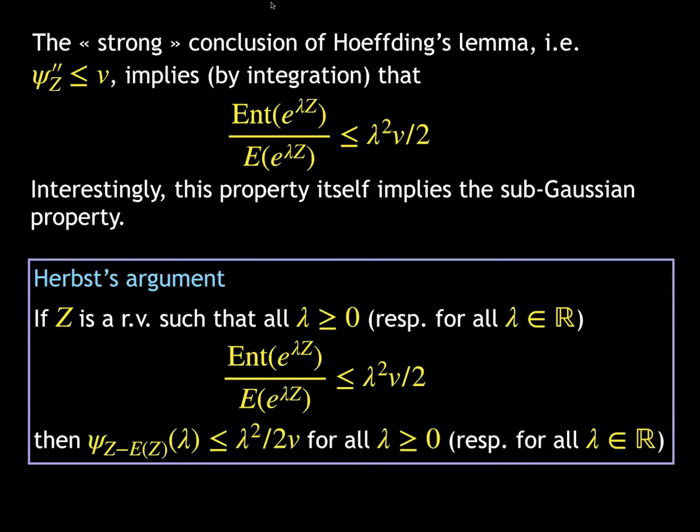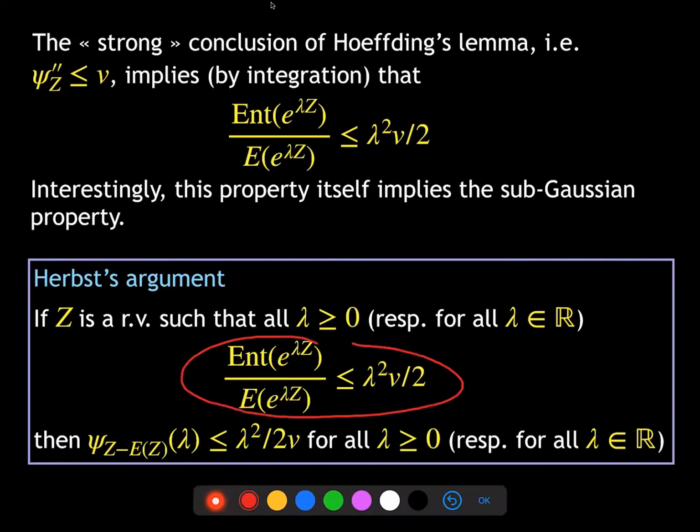No, the converse is not necessarily true, but what is interesting is that when we look at the example which comes from Hoeffding's lemma of a bounded variable, then in this example, you have a control on the second derivative, which is a stronger result than the control on the moment generating function itself. And so we have indeed this ratio control also. This is what we have seen.